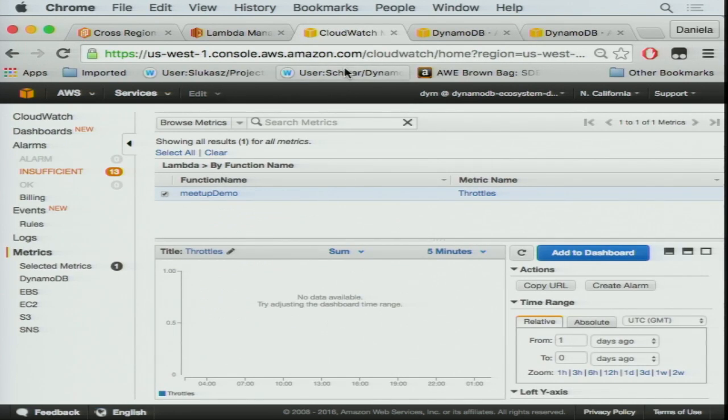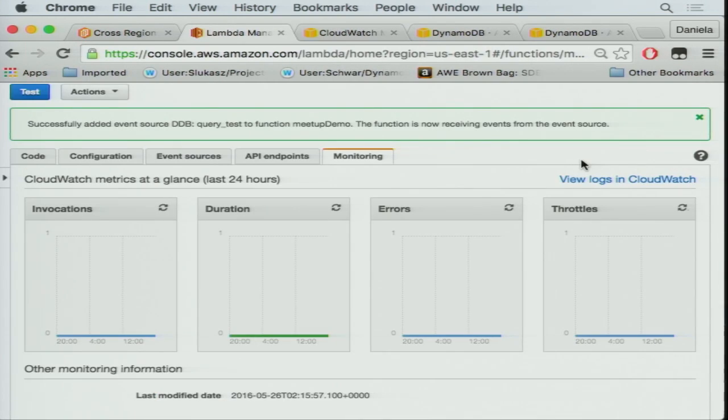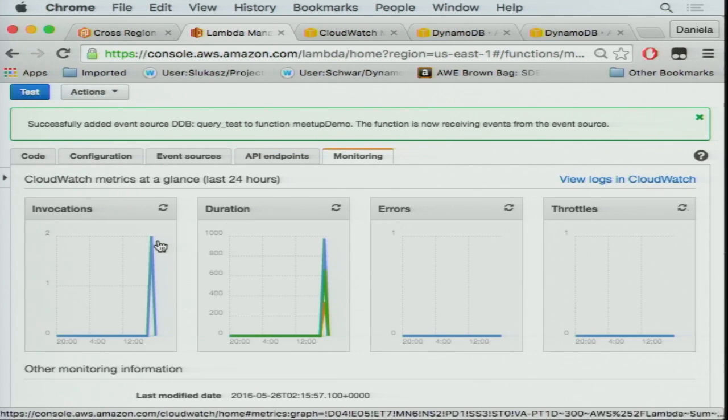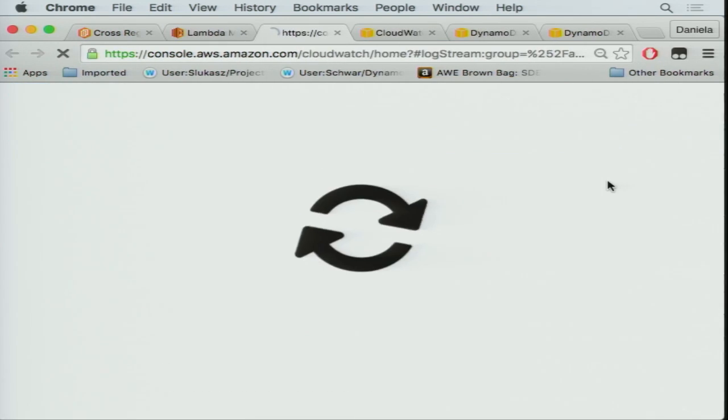And this scan is actually eventually consistent. But here, let's go back to the monitoring just to take a quick look. I don't know if this refreshes it. You can see it's been invoked twice. There's a bunch of metrics with regards to how long it took. If you click on logs,